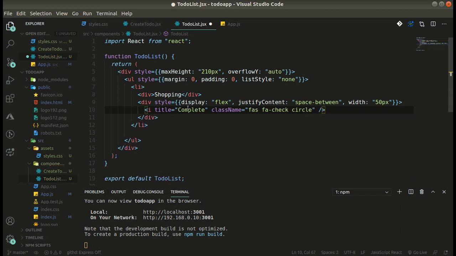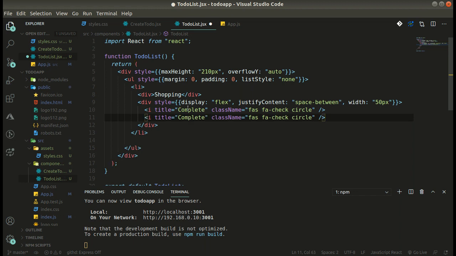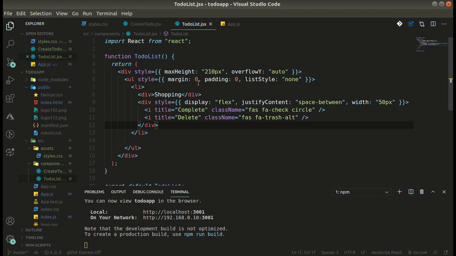That's it, and let's copy this and paste it over here. And for the delete icon we will have trash-alt, cool. And over here we'll have the title as delete. Friends, I will pause the video and convert this inline CSS into the class.